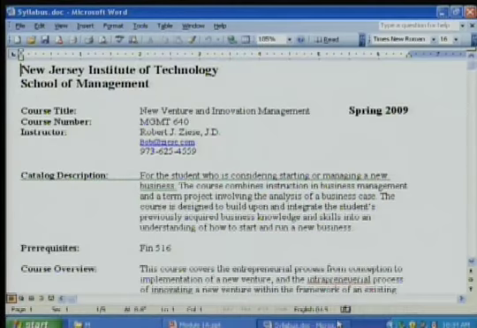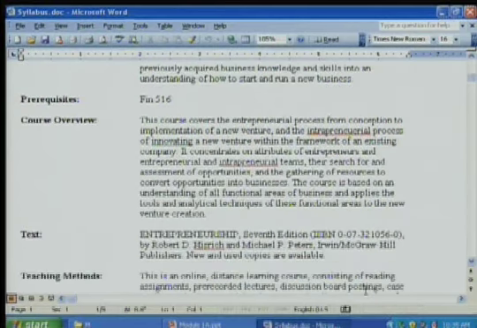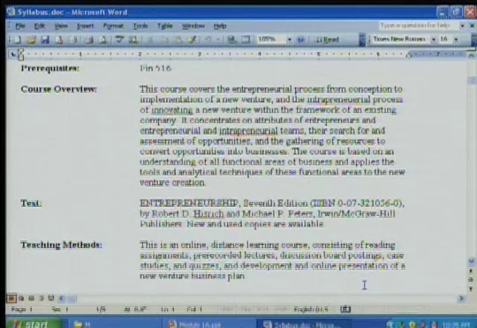And here's the syllabus. This is also in week 0 on the Moodle site, and it's in a classic form. You won't be able to read this in the online presentation, but if you open up a separate window with the syllabus, you'll be able to see it. One of the prerequisites for this course is Finance 516. Hopefully you have taken that. If not, you will be at a little bit of a disadvantage, but we will be going back through the basics of finance to review them, so you should, with a little extra work, be able to catch up.